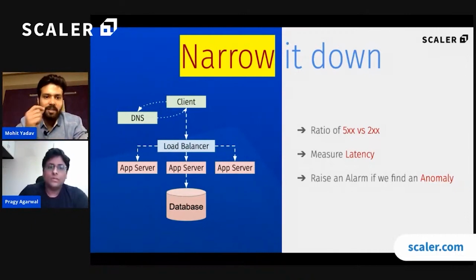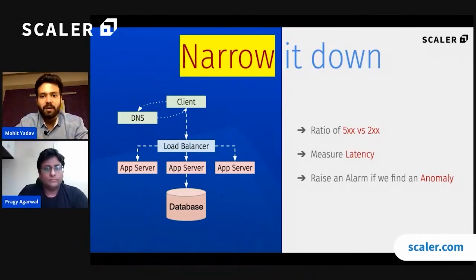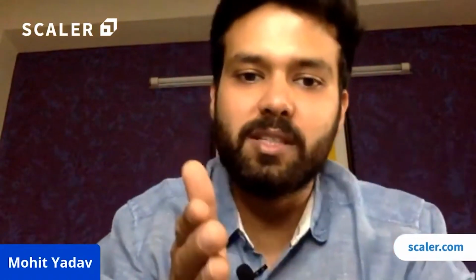I'll come to the reason in a bit, but before that, I would like to highlight over here that you should almost never rely on average metrics when it comes to raising alerts. Instead, what you can rely on is a metric called P99. In simple words, this P99 metric means that 99% of the requests coming to my system will take less time than the time reported against this P99 metric on your dashboard. That means that 99% of requests reaching my system will, for example, if P99 is written as 10 milliseconds on your dashboard,